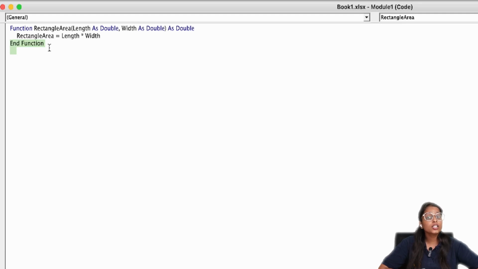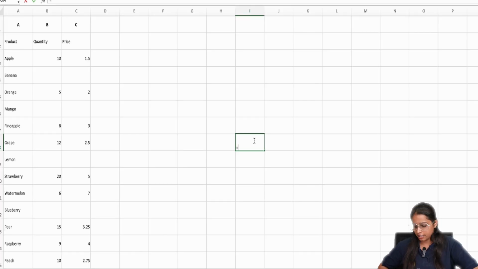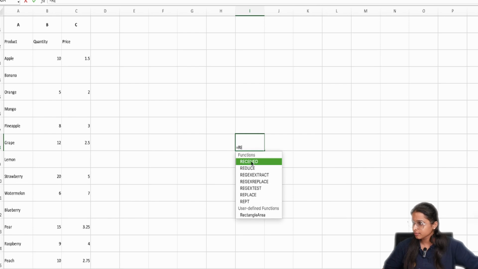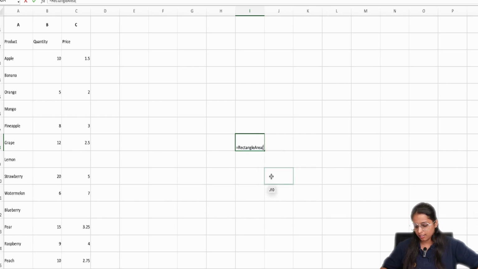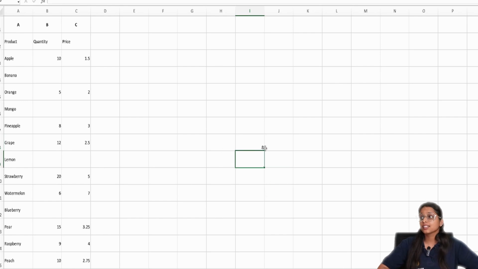To write the code in VBA, we'll open Excel, press Alt plus F11 to open the VBA editor, insert the module and close the editor. Now that I have saved it, we'll test it in Excel. Here I'll write equals RectangleArea and pass two arguments, and you can see it has given me the area here.